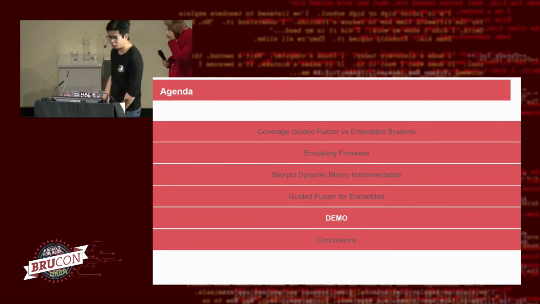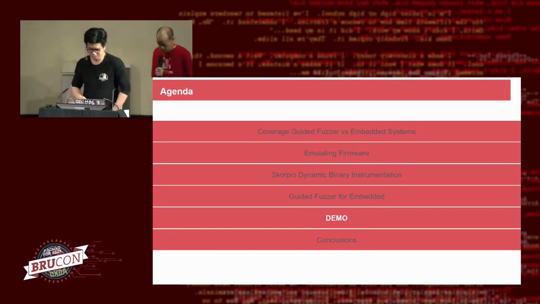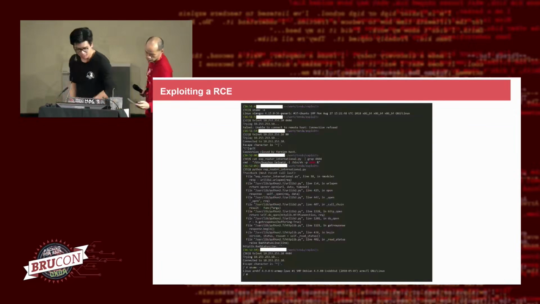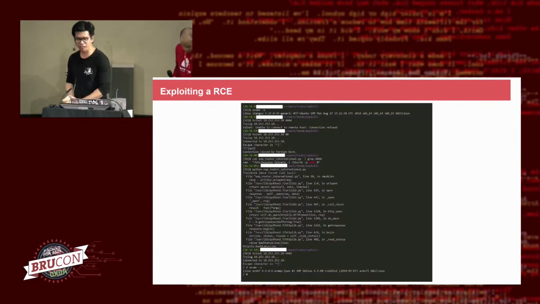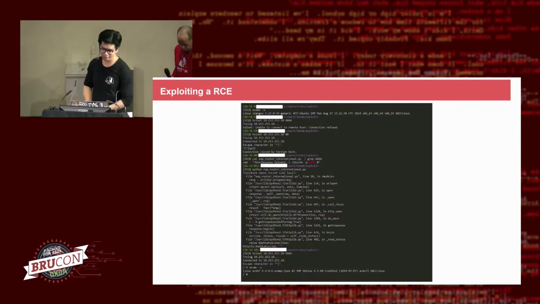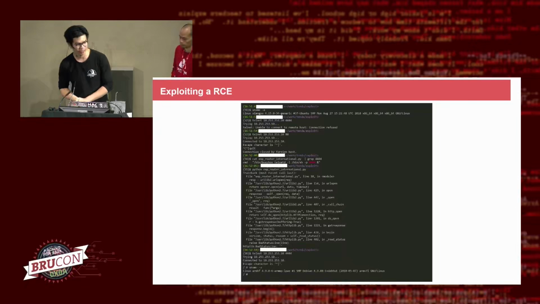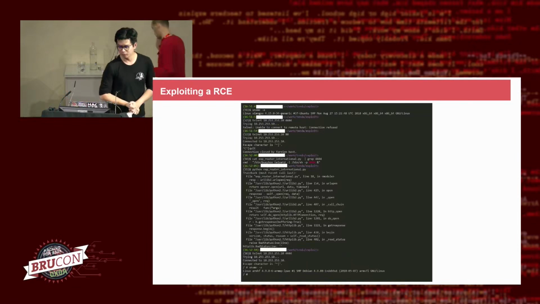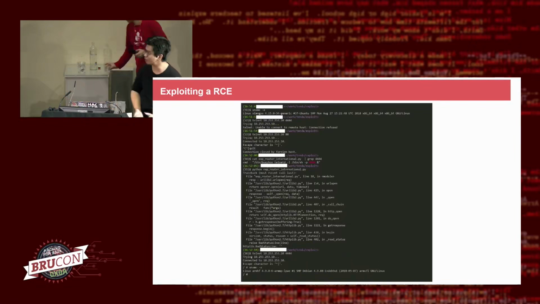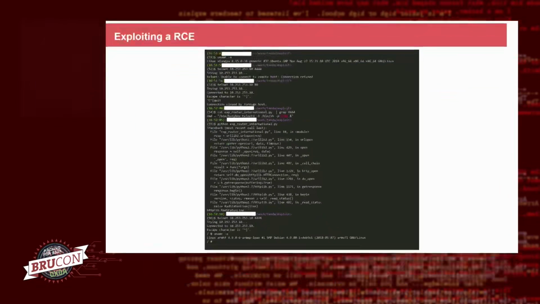Okay, I lied. We don't have a demo, really. But we did fuzz one of the favorite Wi-Fi routers in China. I'm not too sure whether it's that famous in this part of the world or not. And we discovered a few interesting things. Of course, we get an RCE. We get a buffer overflow, and then we craft some shellcode and all these things, and then we get